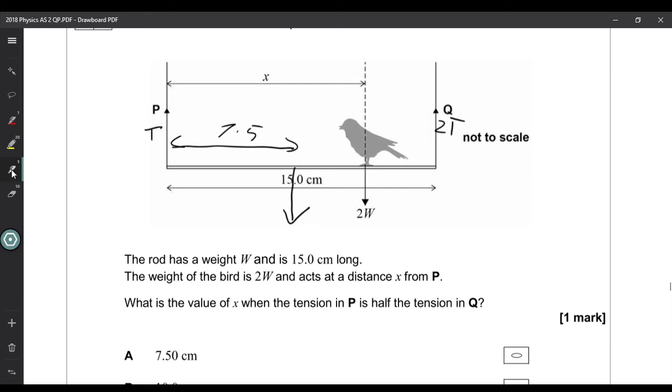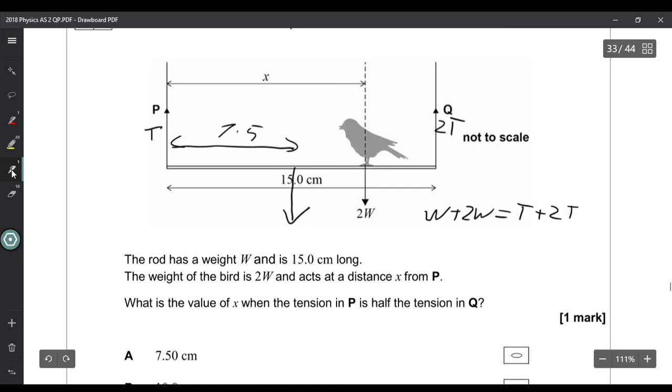So the total weight down is going to equal the total tension up. So we've got the weight of the rod plus the weight of the bird equals the tension in P plus the tension in Q. So what we find is W equals T. Okay. So now if we take moments around this point here,